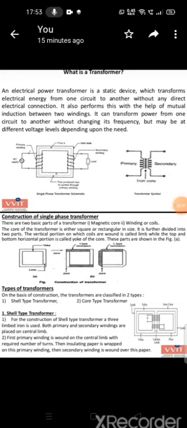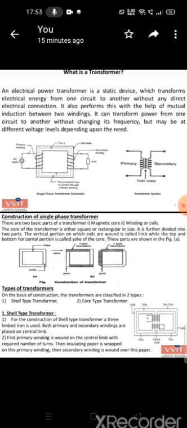Now I am going to explain about a transformer, its working principle, and its construction. We know transformers are used daily. Without transformers, we cannot get electricity. What is a transformer, what are the types of transformers, how to construct a transformer, how the transformer works, and why we need to use AC current only in transformers. I am going to cover these topics in this video. So I am explaining the basic concept of a transformer and its construction and working principle.